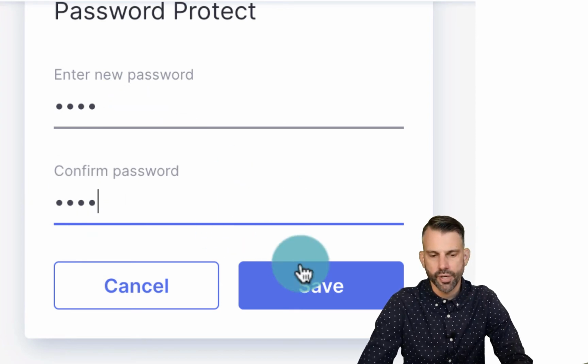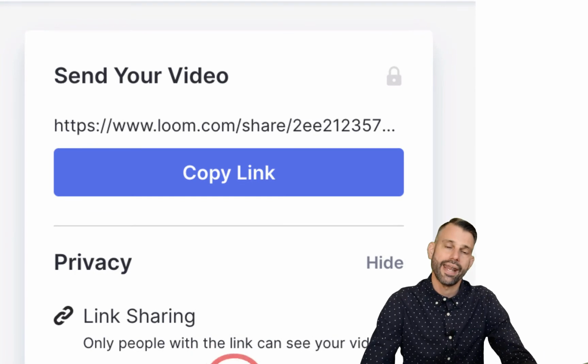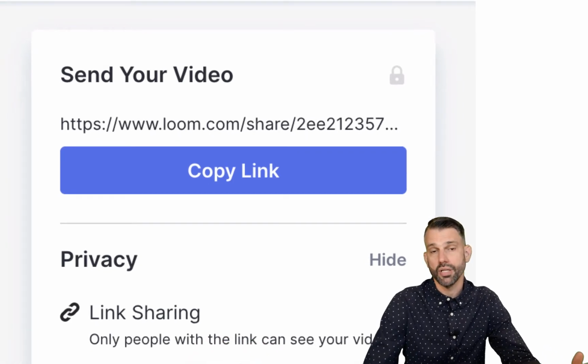Got to type it in twice to make sure I typed it right. I'm not going to save that password. That'd be a weird password to save. And now when I send it to my students, I'm going to want to give them the link and the